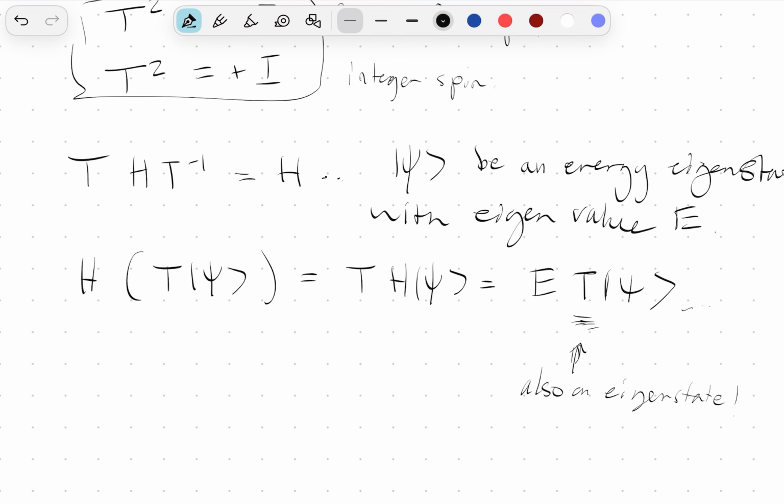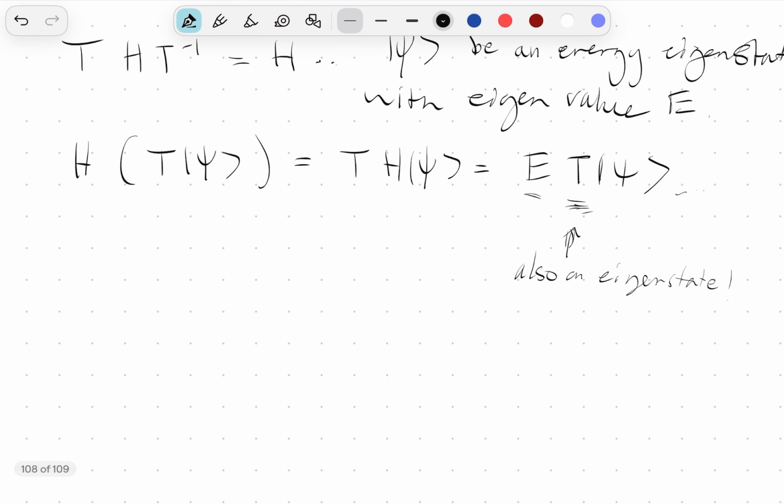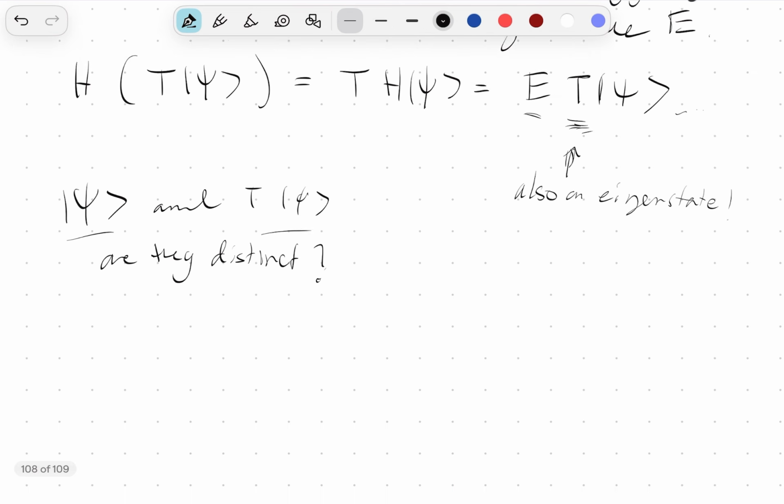Okay, it's also an eigenstate, and it's with the same energy as the E eigenvalue. So it remains to see whether psi and T acting on psi are actually distinct from each other. So are they distinct? What we can do is try to compute their overlap